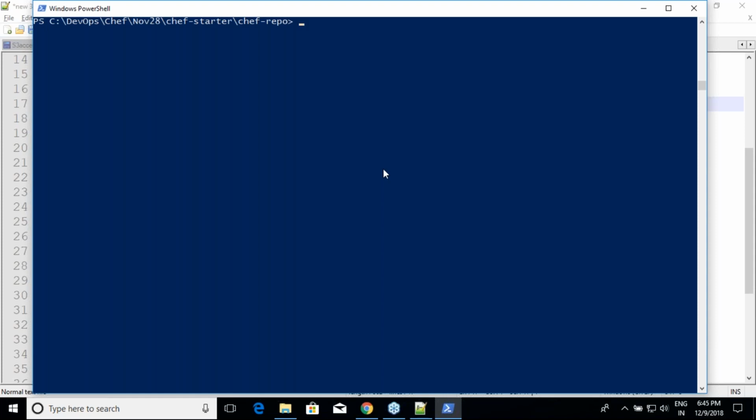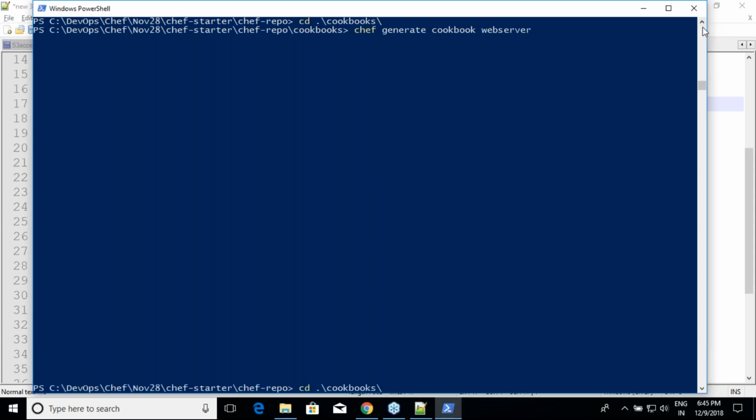Now let me quickly create some cookbooks so that we have some changes and some versions. I'll cd into cookbooks, and I'll be generating cookbooks. chef generate cookbook web server. Do we have any cookbook called web server by any chance?